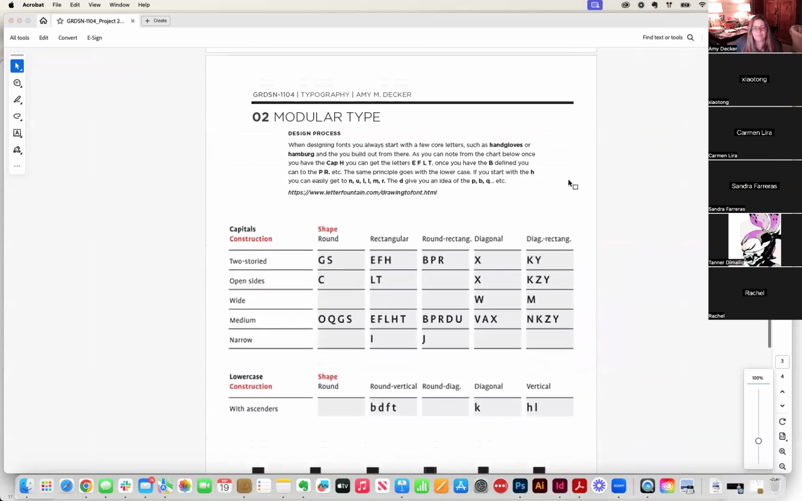All right, I'm gonna pause here. Not the screen share. I want to pause our